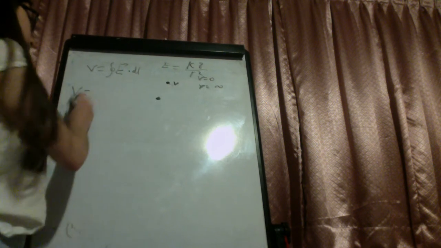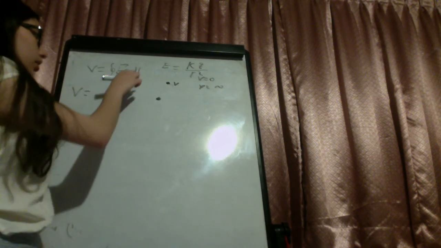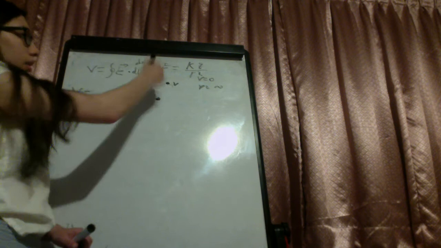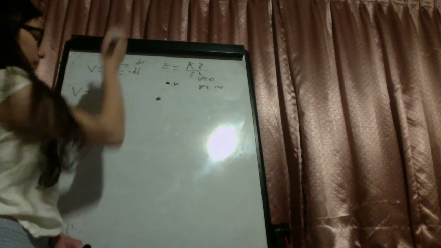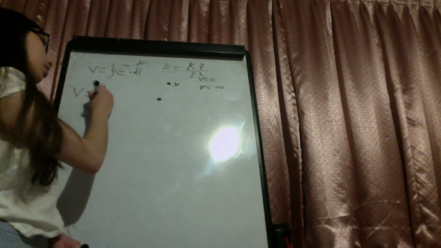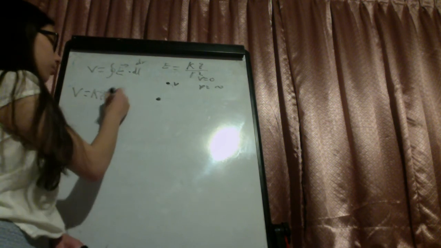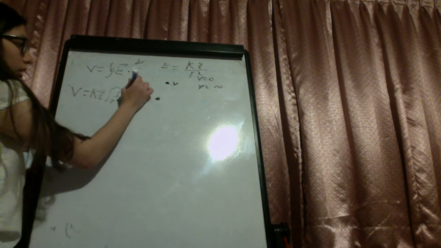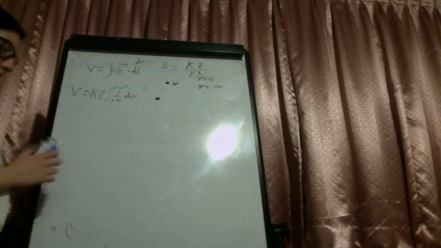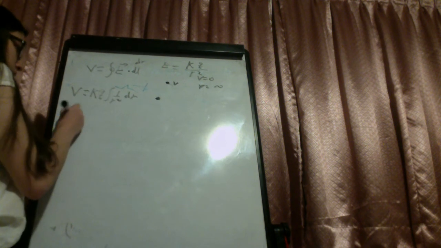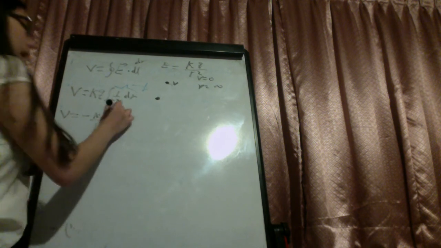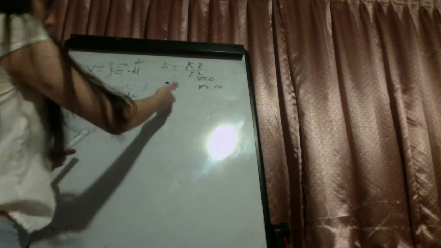So here the voltage is, this dl becomes the dr, because r is the same as distance, and I can take k and q out of this integral. So I just have k q times the integral of 1 over r squared dr, and this integral is just negative 1 over r. So the voltage is the negative of Coulomb constant times the charge divided by r, and this would be evaluated, could be from